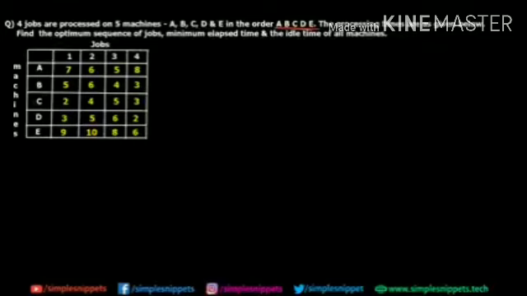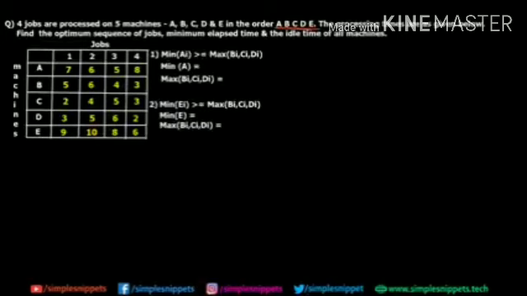Now the next step is to actually convert this N jobs M machines problem into an N jobs 2 machine problem, right? So now we have to look at the 2 different conditions. The first condition is the minimum of Ai, that is the minimum of the first machine in the sequence, has to be greater than or equal to the maximum of Bi, Ci, Di. So the machines which are in between are B, C and D, right? And the extreme machines are A and E.